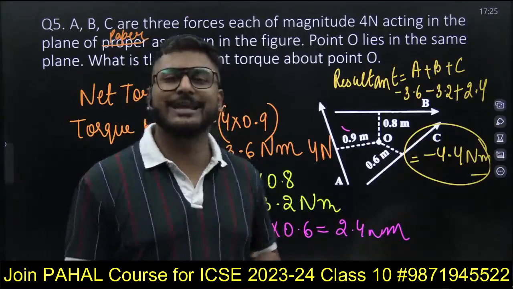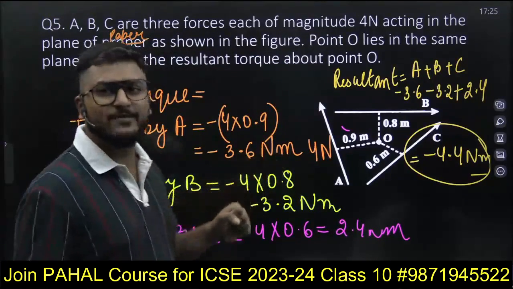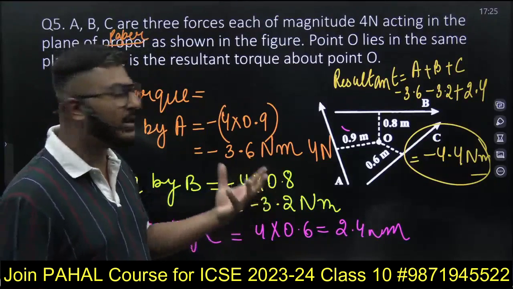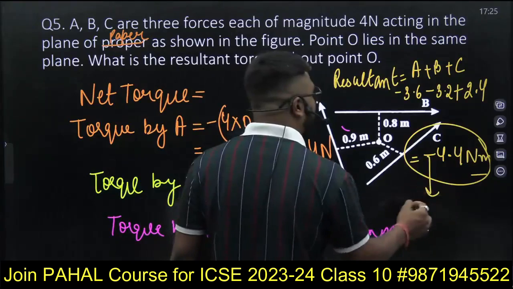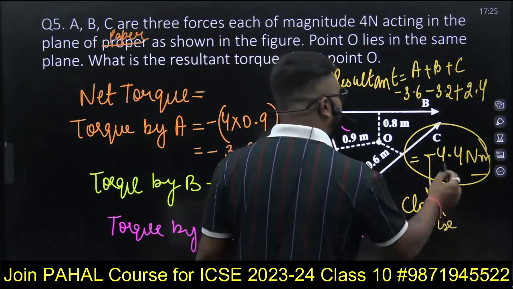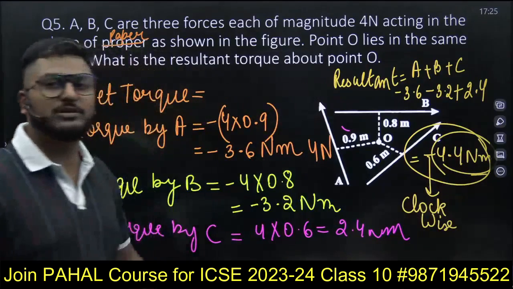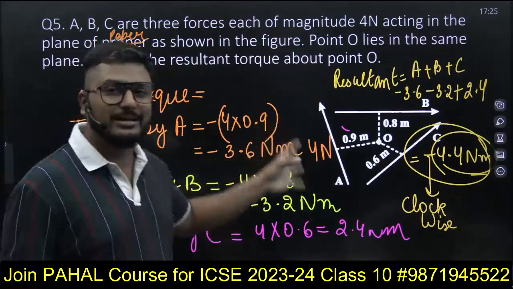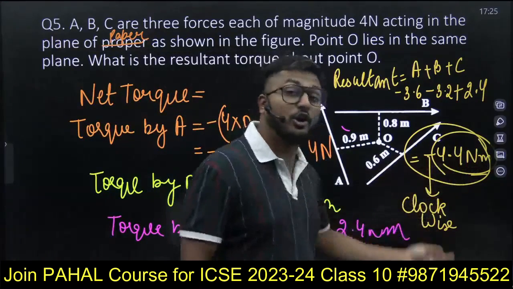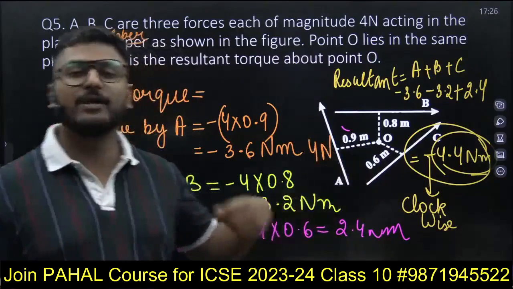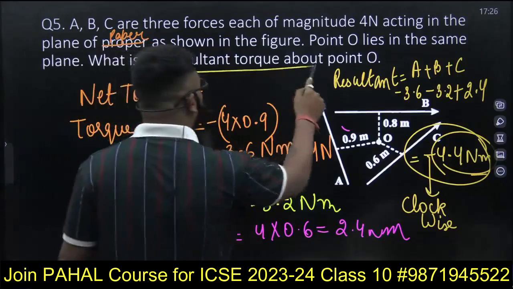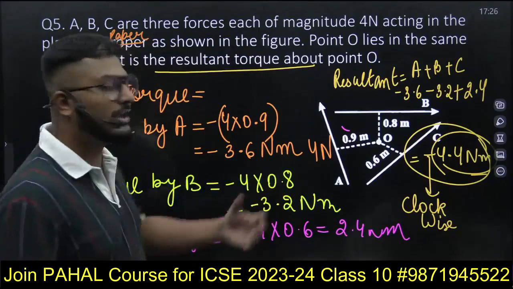Now what does this negative sign signify? So this negative sign only signifies the direction of the torque, the direction of the moment. So negative sign का मतलब क्या होता है? Negative sign का मतलब होता है clockwise, clockwise. So that means the resultant torque produced is 4.4 Newton meter, and the direction will be clockwise. So the final answer will be 4.4 Newton meter clockwise. ये आपको लिख के आना है. Negative का मतलब भी वहां पे आपको समझाना है कि what does this negative represent. So they are asking what is the resultant torque? The resultant torque will be 4.4 Newton meter clockwise.